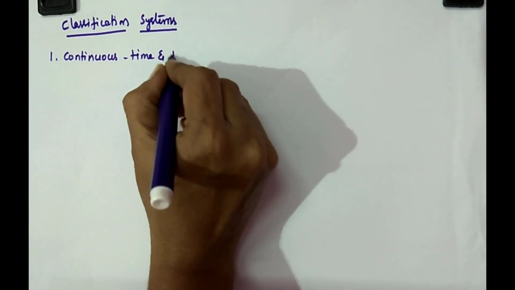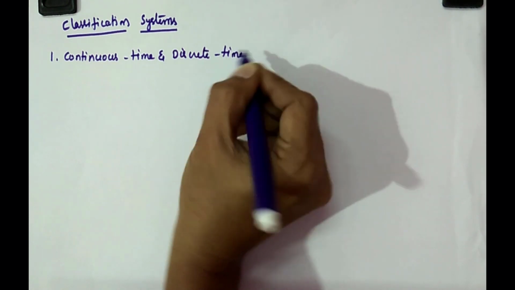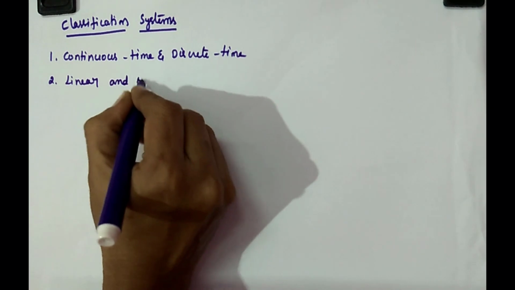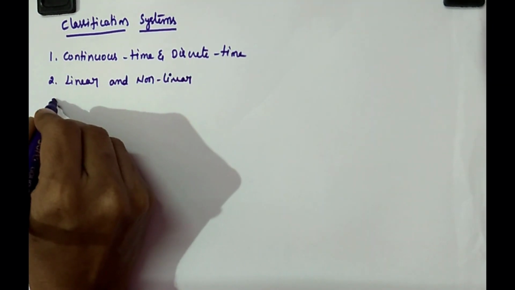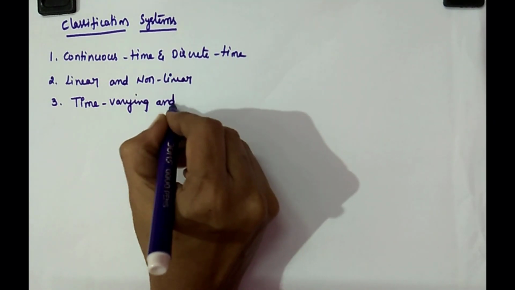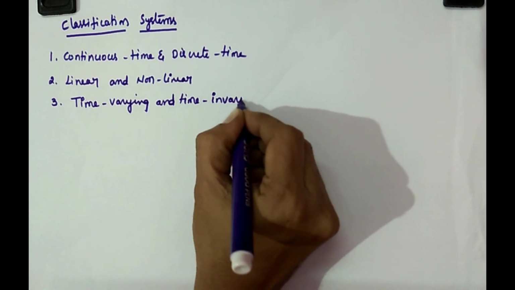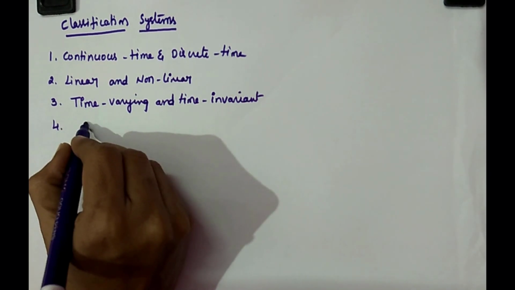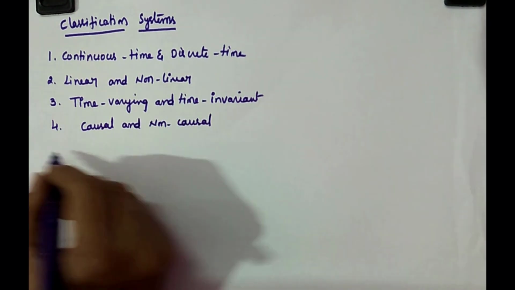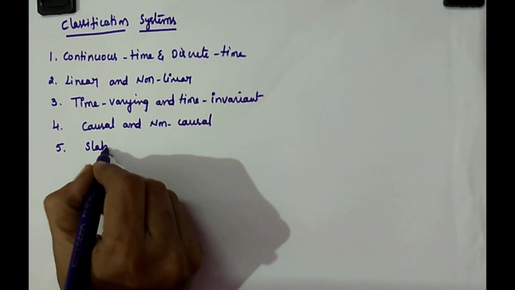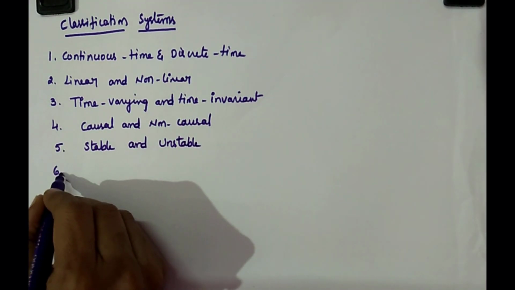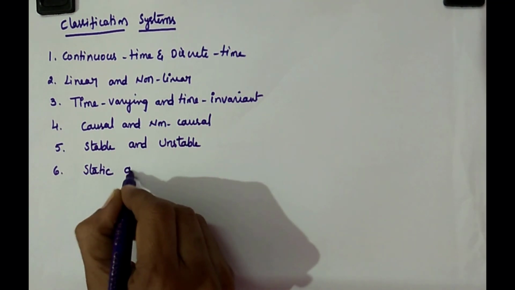continuous time and discrete time systems, linear and nonlinear systems, third one, time varying and time invariant systems, fourth one, causal and non-causal systems, stable and unstable systems, next static and dynamic systems,